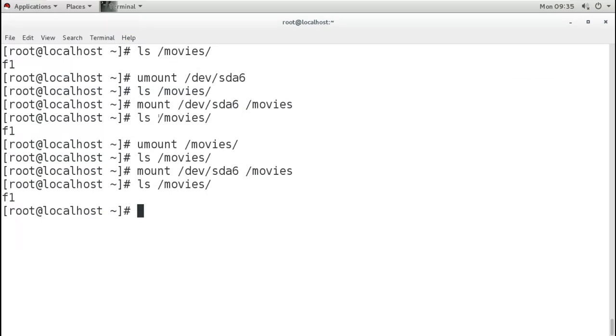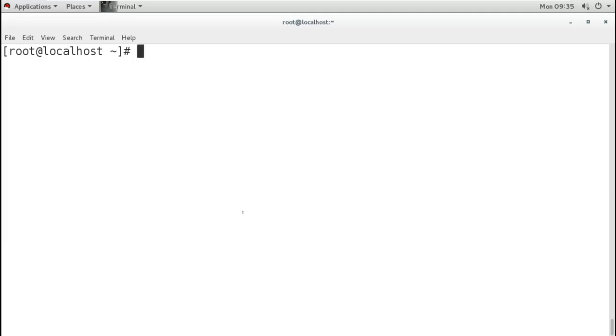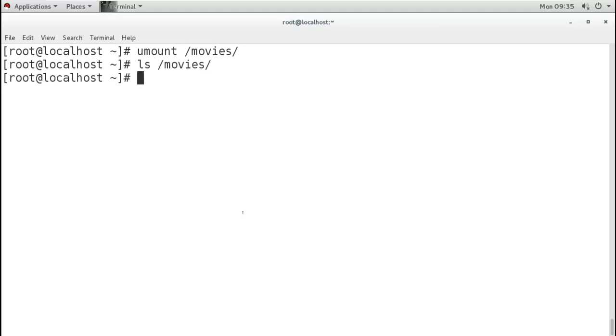So as we can see here, I mounted on this movie directory, and we can check it by using the ls command. So there is a file, I created the file also. Now if I unmount this, I can unmount by using the directory name, and now when I check, it is not showing the file. Not showing the file means it is not deleted, it is there in the partition, only the mount is not there. So when I mount it again,